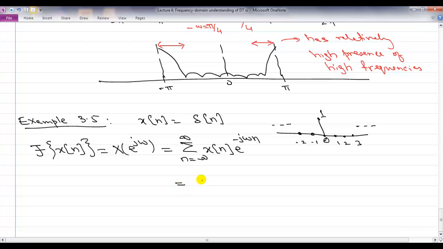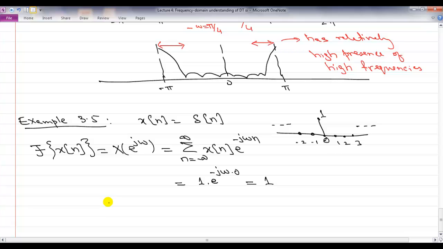So the only summation we are left with is 1 times e^{-j0}. And what is e^{-j0}? It is 1. So what does that mean? My DTFT of my impulse function is a constant 1,